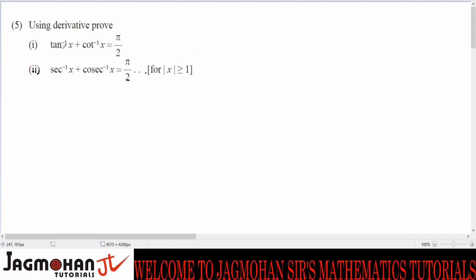Prove that tan inverse of x plus cot inverse x is pi by 2. The second one is sec inverse x plus cosec inverse x is pi by 2. So I will solve for you the second question. So the second question is to prove that